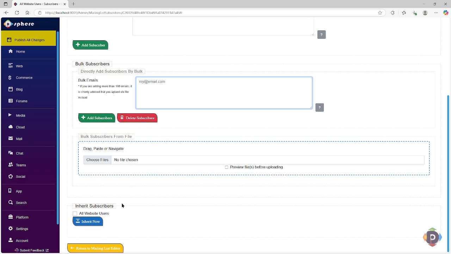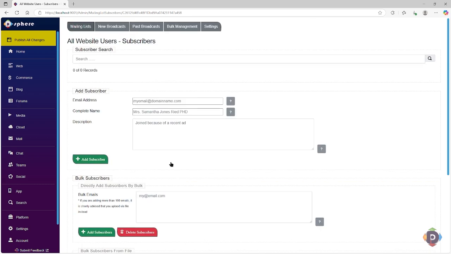And you can also inherit a number of subscribers from other subscriber lists. Let's say you have a PN95 subscriber list and a DL5 subscriber list, and you want to put both of these product lines into a, I don't know, wiki product update list. You can inherit from different mailing lists into this one if you want to do that in the future. All these things are at different phases of implementation.